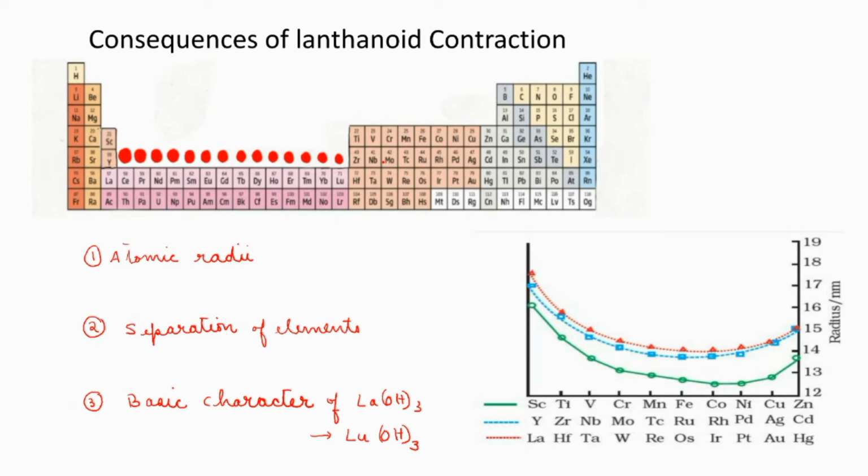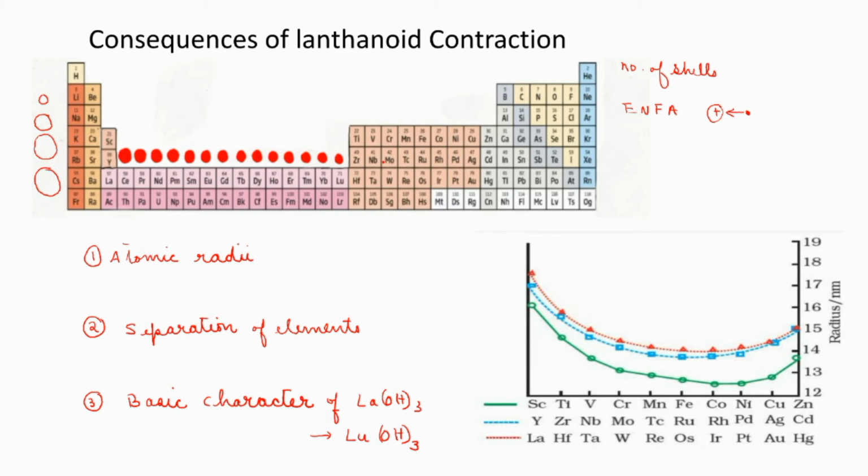First, let's consider the atomic radii. What will happen to the variation of atomic radii down the group? We know that down the group, the size of the atom increases. What's the reason? The number of shells will be greater, and at the same time, the effective nuclear force of attraction between the nucleus and the outermost electron considerably reduces, because of the shielding effect. So due to that, down the group, the size of the atom slowly increases.